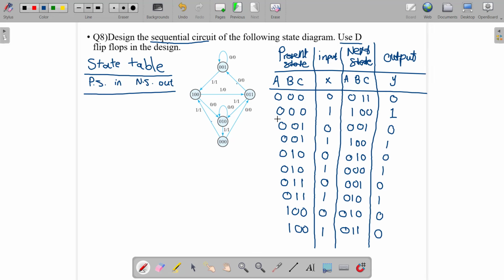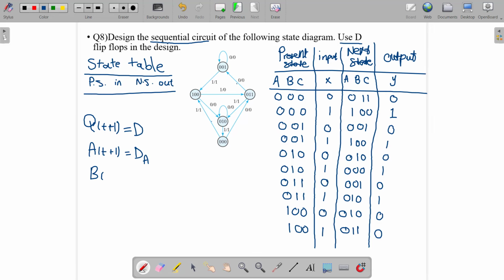Okay, you can see that according to this state diagram, we could fill this table in this form that you can see. Now, the next step here is finding the input of the flip-flop. Because we use the D flip-flop and we know that Q(t+1) in the D flip-flop is equal to D, we don't need to find the column for the input of the flip-flop, because we know that A(t+1) is equal to DA.